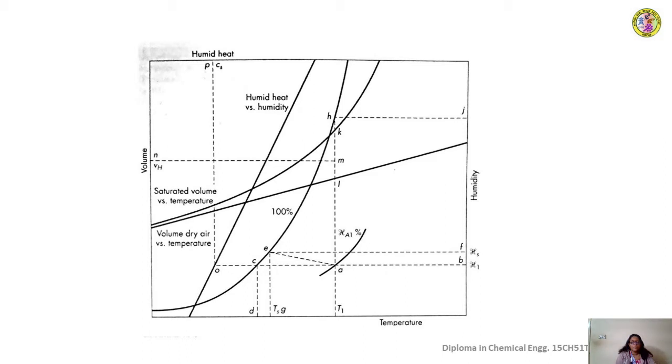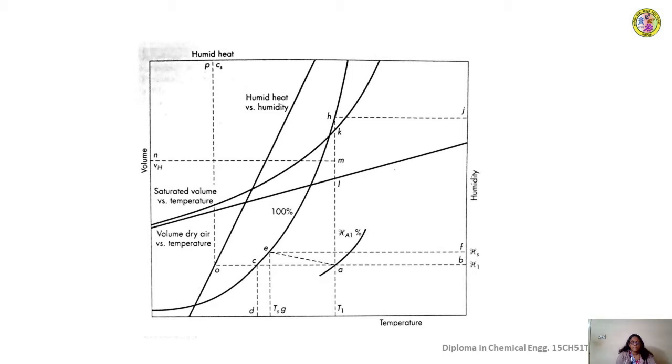So you should be able to draw a saturation curve passing through point A. That curve will help you read the percentage saturation for the given mixture. Then from point A, if you draw an adiabatic cooling line, that line will meet the 100% saturation line at point E as shown in the diagram, from where you can read the adiabatic saturation temperature on the x-axis. As shown in the diagram, it is Ts